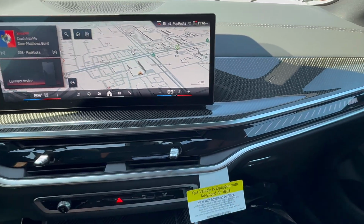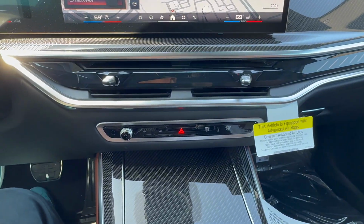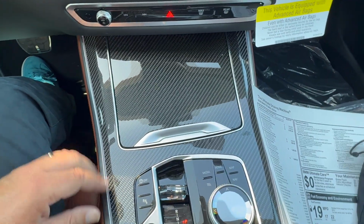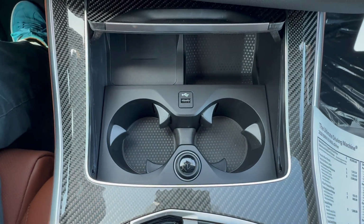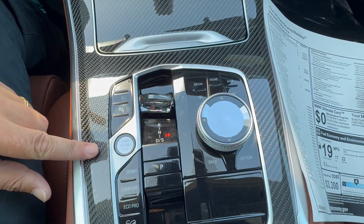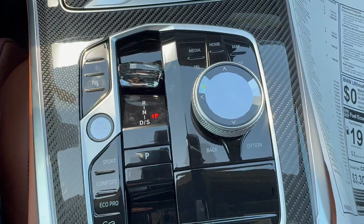We've got carbon fiber trim with light up M badging here. Then your vent controls twist open and twist to close. More carbon fiber trim here on the center console. Then you got wireless charging tray, USB-A charging port, and then cup holders as well. Then you got start stop button, drive selector dial, and iDrive controller all in glass or crystal, part of the